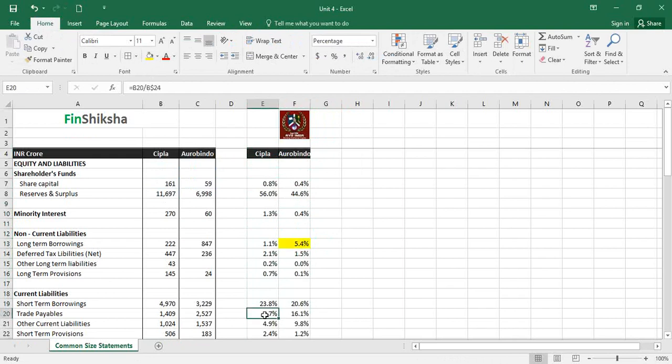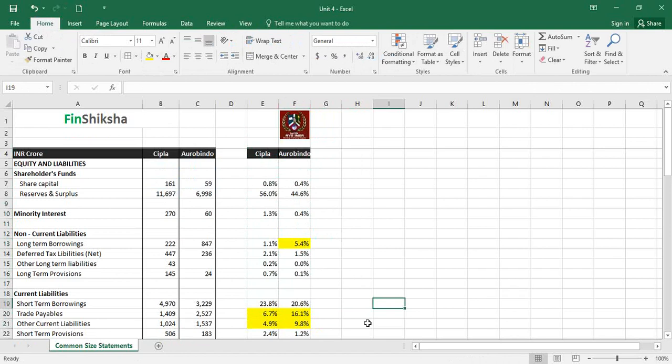Whereas if you look at trade payables, Aurobindo has a higher payable as well, and other current liabilities are also higher, correct, for Aurobindo. So basically when we look at these data points, it gives us a sense on trying to gauge where a firm is doing better and where a firm is not doing better than the comparative firm,